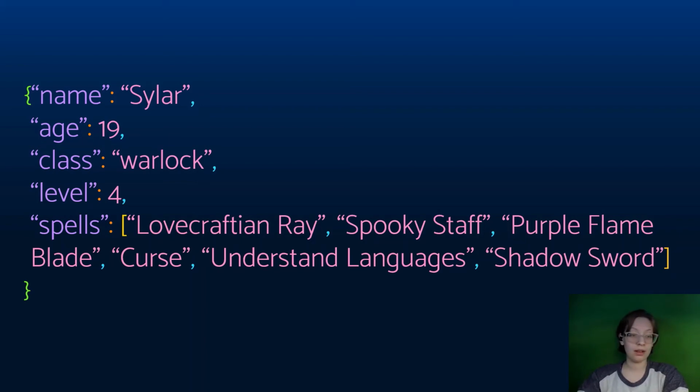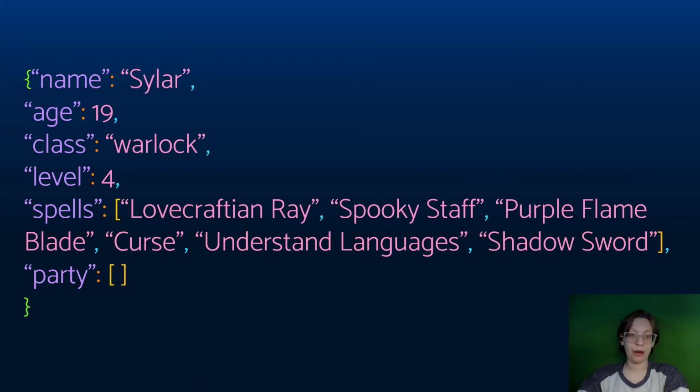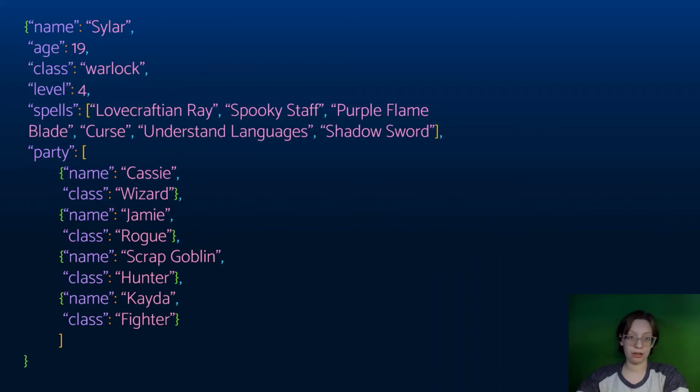Sword. Next, I'd like to add some info about his party members into this file. Sylar has 4 party members, so let's make another array with their details. Starting with straight brackets to make the array, how do we store multiple pieces of data about one party member? Easy, we surround the information corresponding to one character in another set of curly brackets. Let's add in curly brackets name Cassie, class wizard, then Jamie the rogue, Scrap Goblin the hunter, and Kata the fighter. Now we have a basic JSON file with a bunch of well-formatted data ready to parse into the language